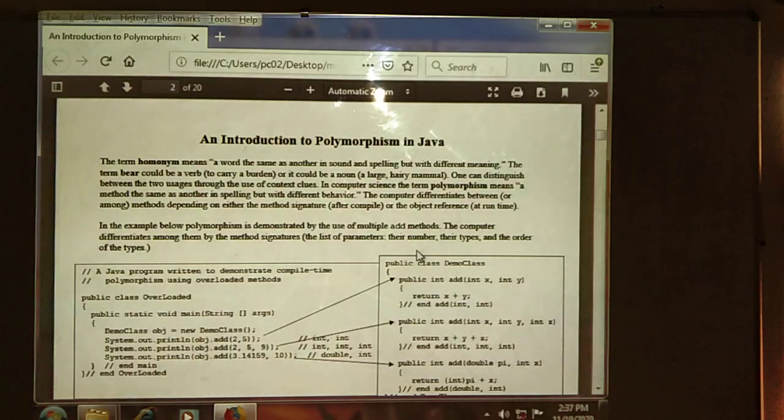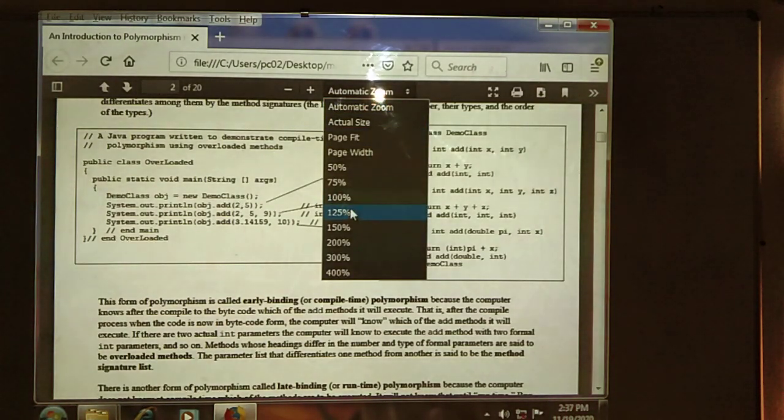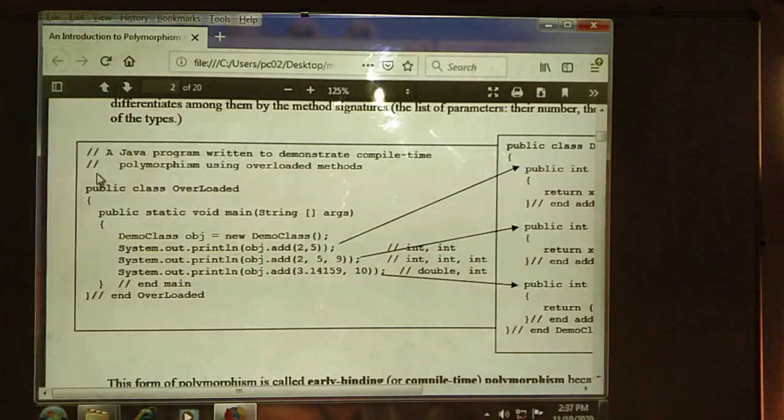Here in this example, first we can see the example. In the below example, one class is created. We can zoom in on that. Here we have created one class. What is the class name? Before the class keyword we use public, and the class name we give is Overload. Then in the main method, we create a Demo class object.